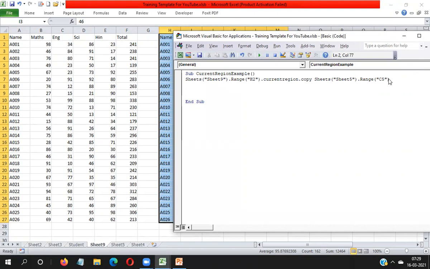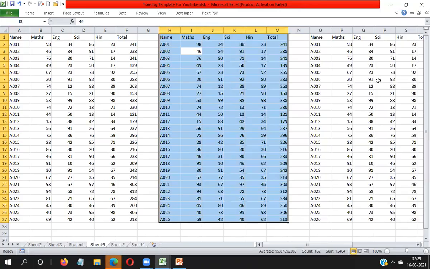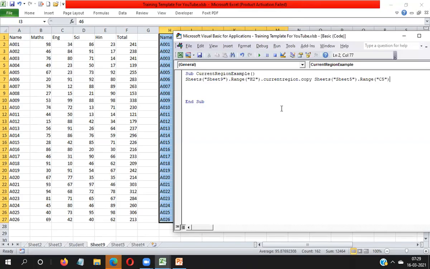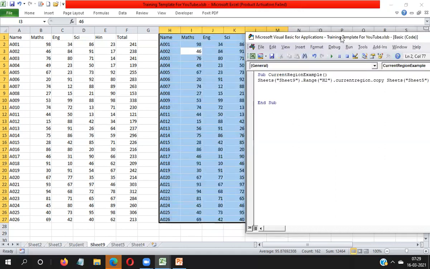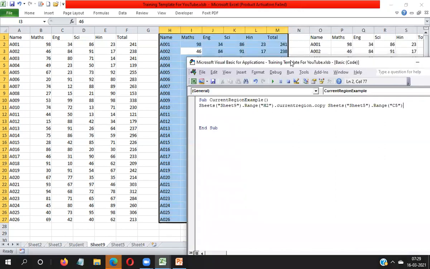This is the destination part. Here you can see I have already written the code. Now I'm going to run this macro to make a copy of the second group of data. Let's see, running this code.